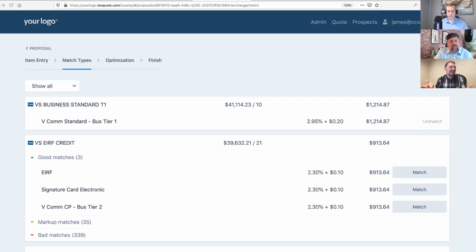Well, I don't think it's going to take any of us very long to match this up. Obviously, it's EIRF. We can tell from the name. So we match it. Once you do that, that's going to trigger a little ticket to our support team that says, hey, Susan had to match an interchange category. We never want her to have to do that again. So let's look at what she did and validate it, and then we'll save that result so that anytime anybody else types VS EIRF Credit and it has this amount of fees, we know what it is already.